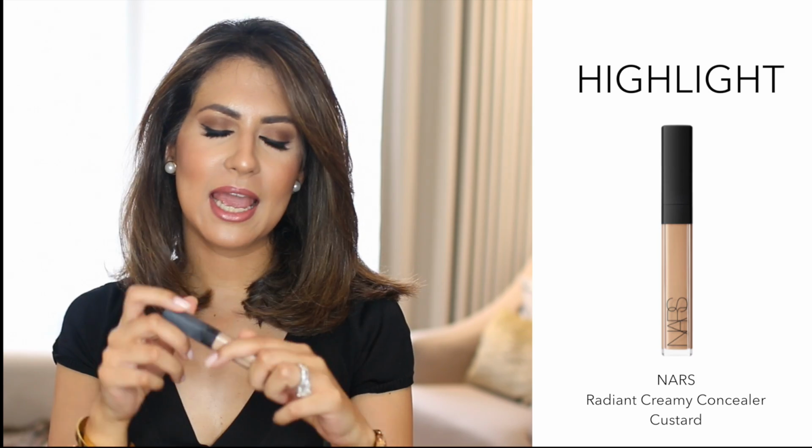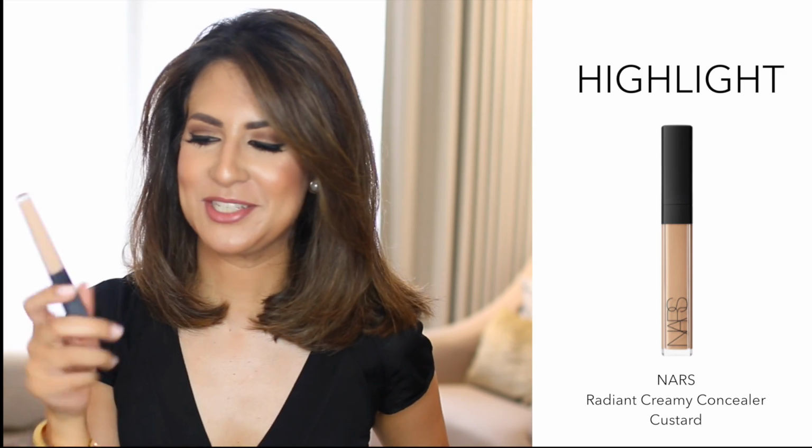My next product I have from NARS is one I really want to rave about. It is the NARS Radiant Creamy Concealer. I mean, every YouTuber in the world has probably tried this one. I use the color Medium 1 in Custard, and I use this more as a highlighter than a concealer. I use it underneath my eyes, the bridge of my nose, center of my chin, center of my forehead, and